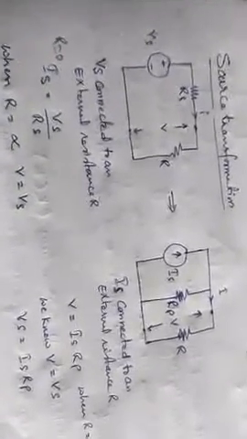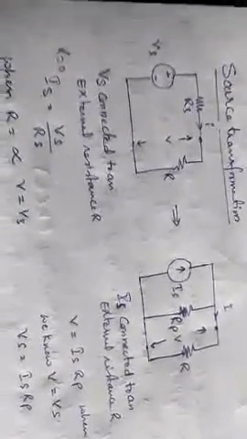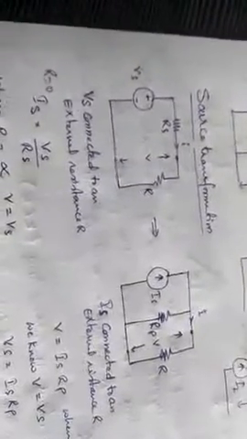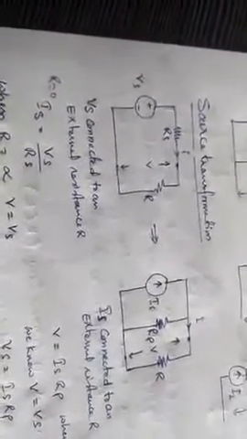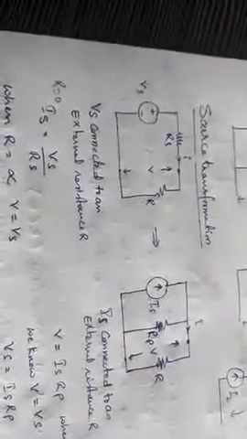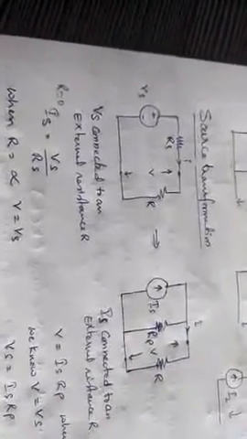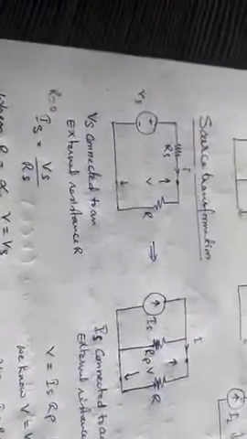Source transformation. Here, voltage source to current source or current source to voltage source conversion is required for solving some or simplifying the networks. Now, you take a voltage source in series with this internal resistance Rs and a load resistance R. The same voltage source is converted into a current source, let us take. The resistance should be connected in parallel for a current source. So, that resistance we have assumed as Rp and the equivalent resistance R.